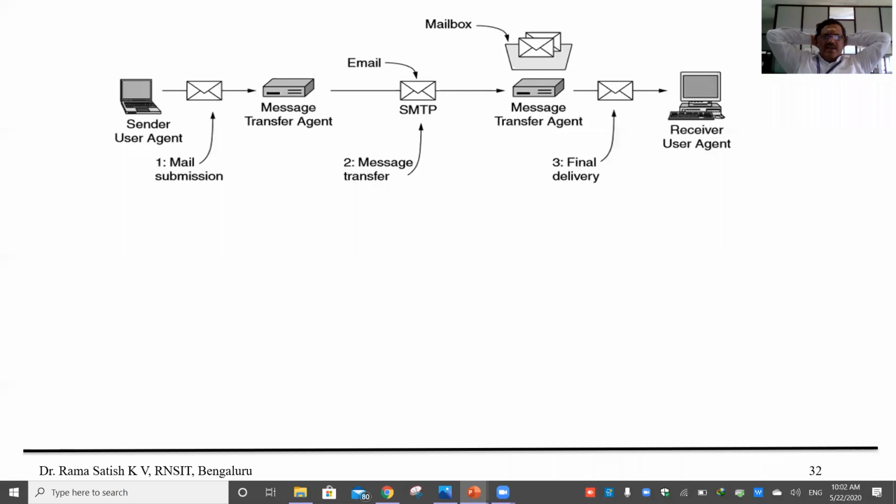Again, SMTP is playing. And finally, once it is available, it will be stored in the mailbox of that particular person. And once the receiver opens his mail application, this mailbox is opened, all the mails are delivered to him. He can see them one by one. So that's what is happening.